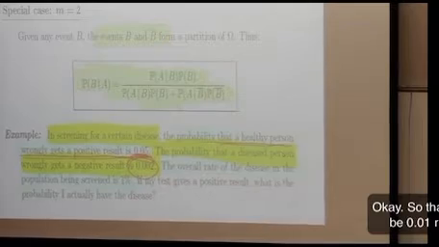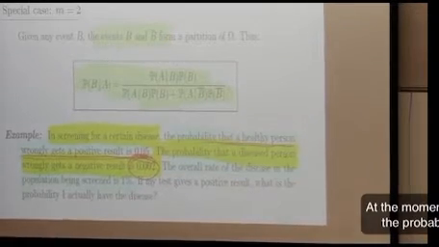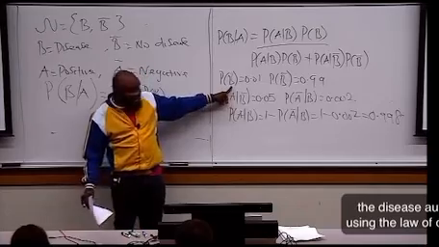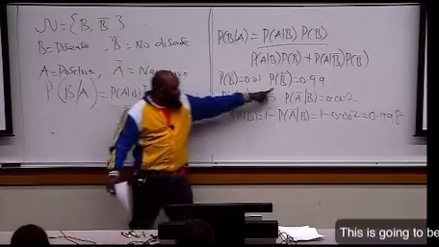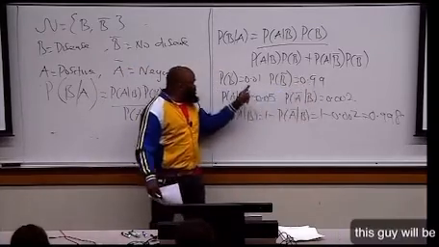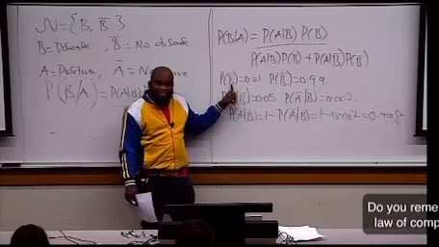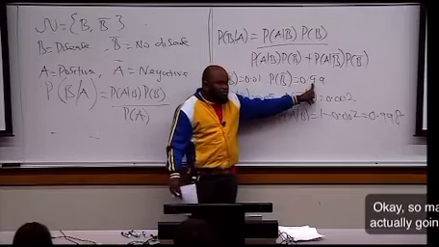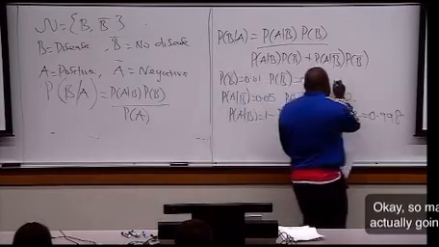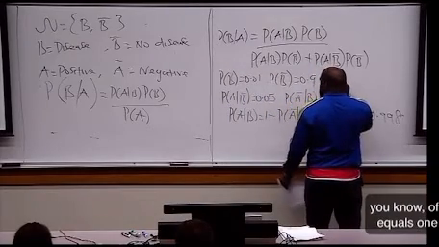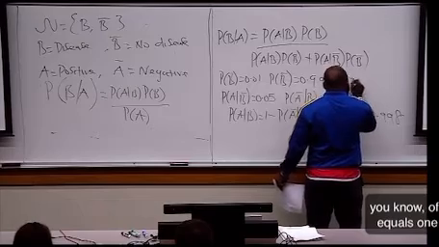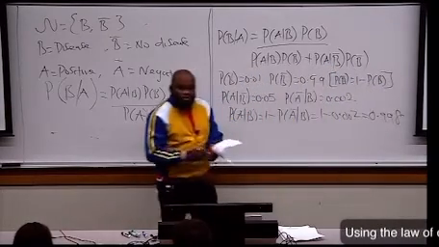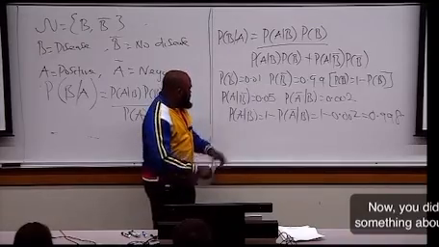And the moment I know the probability of the disease, automatically using the law of complement, this is going to be that, because this guy will be 1 minus this. Do you remember the law of complement? That was how I got it. So I'm going to say, P of this guy equals 1 minus that, using the law of complement. Now, the